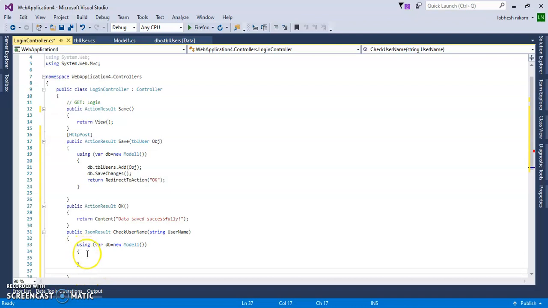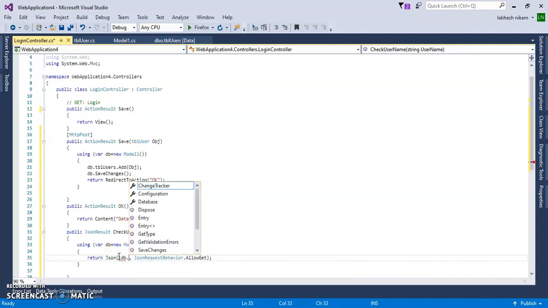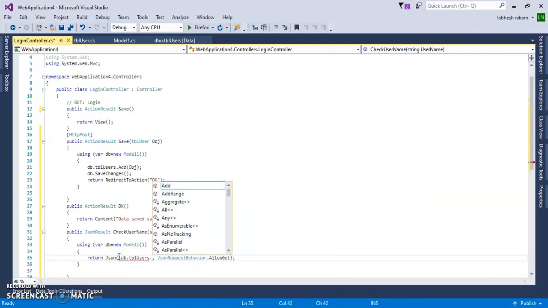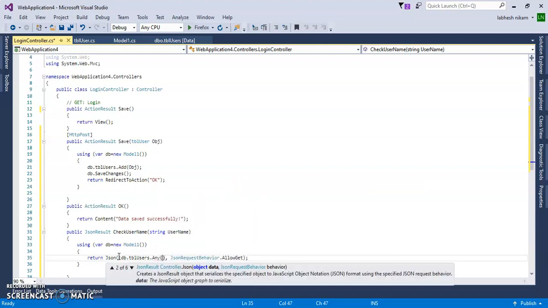So this return Json with this, if not db.tblUsers.Any lambda expression